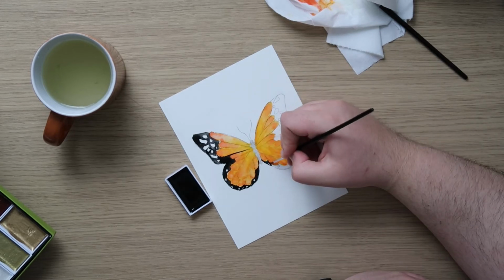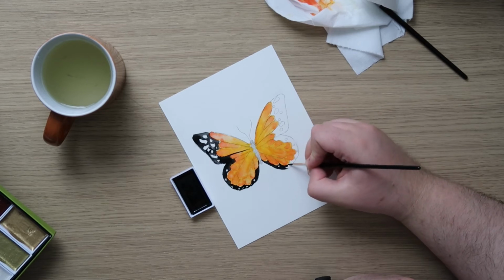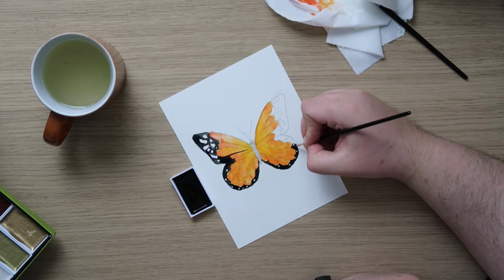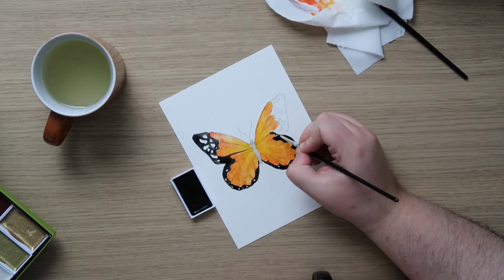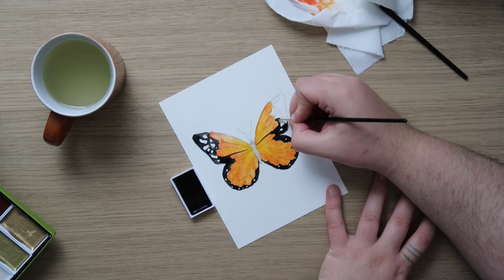I did mess up with the wings, as you see there, I put in the black line where the wing is not, and so I go back and try and rectify this one and the other one to try and give them an even chance, and you'll see right at the end the side by side. But yeah, I am really glad that I showed you the full DAISO experiment and then the full KURETAKE experiment,